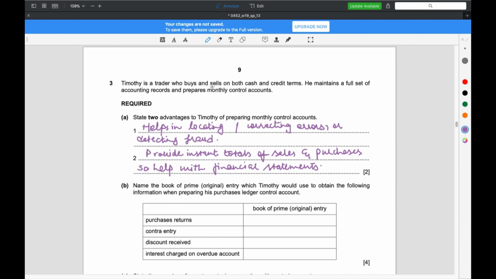Timothy is a trader who buys and sells on both cash and credit terms. He maintains a full set of accounting records and prepares monthly control accounts. And then he's asking for two advantages to Timothy of preparing monthly control accounts. Okay, so control accounts in general help in locating or correcting errors, and they also prevent fraud because you have all the details, you have all the